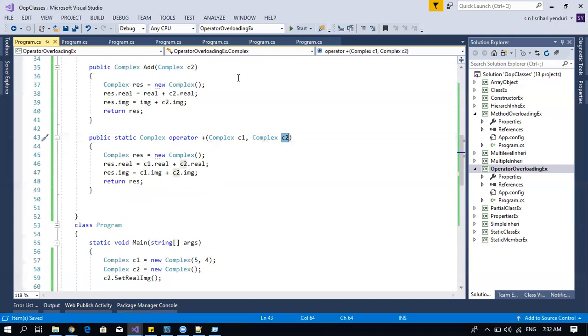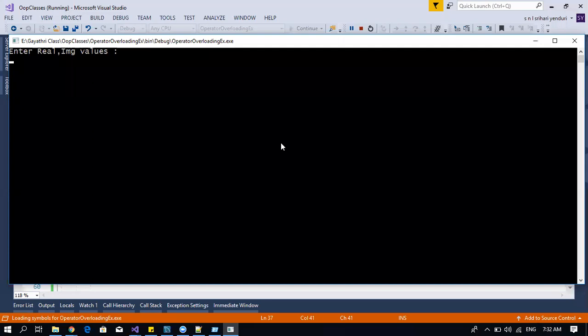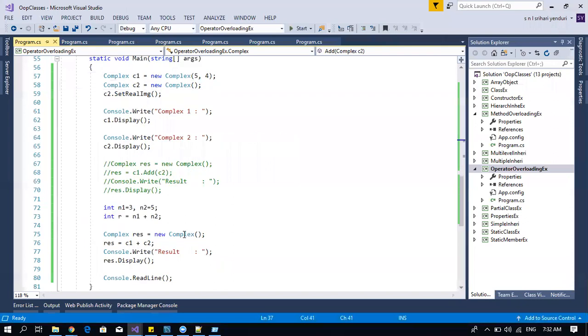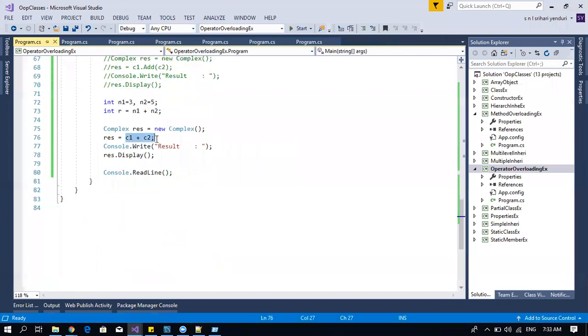Now you can run this. So 3 plus 7 I am giving. So see, 5 plus 4, right? Correct? So it is doing the same. When you see this, we come to know that we are trying to perform addition of two complex numbers. That is called operator overloading. We are overloading the actual functionality of the existing one. Right, overloading. So now next one,